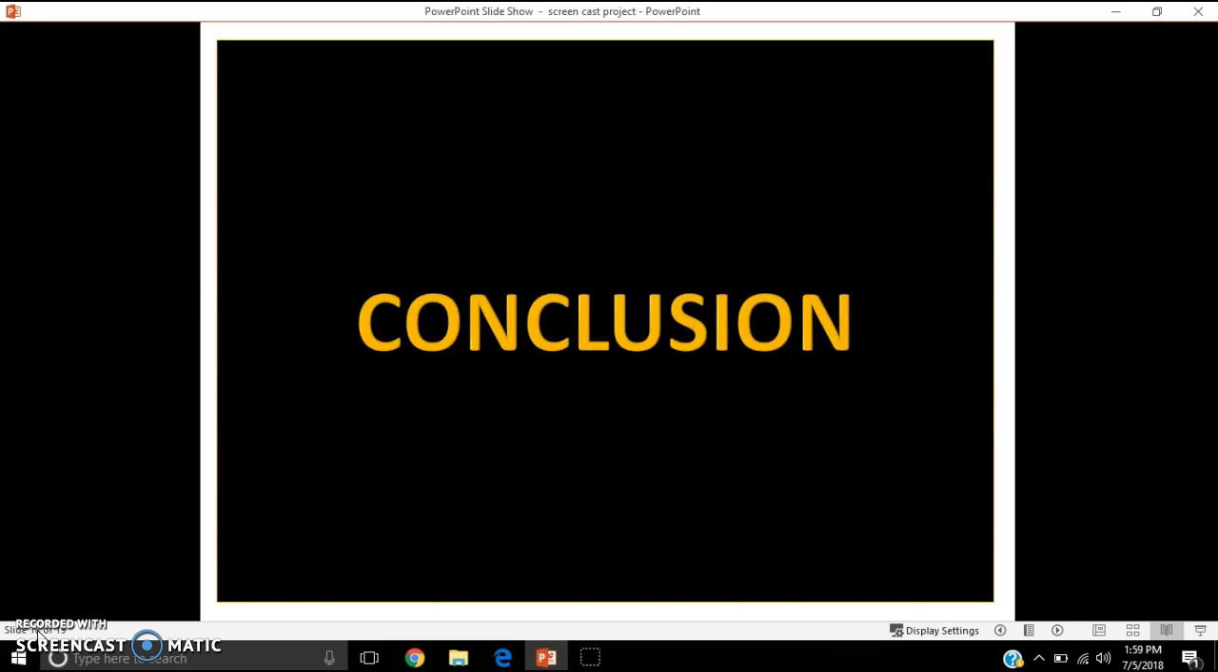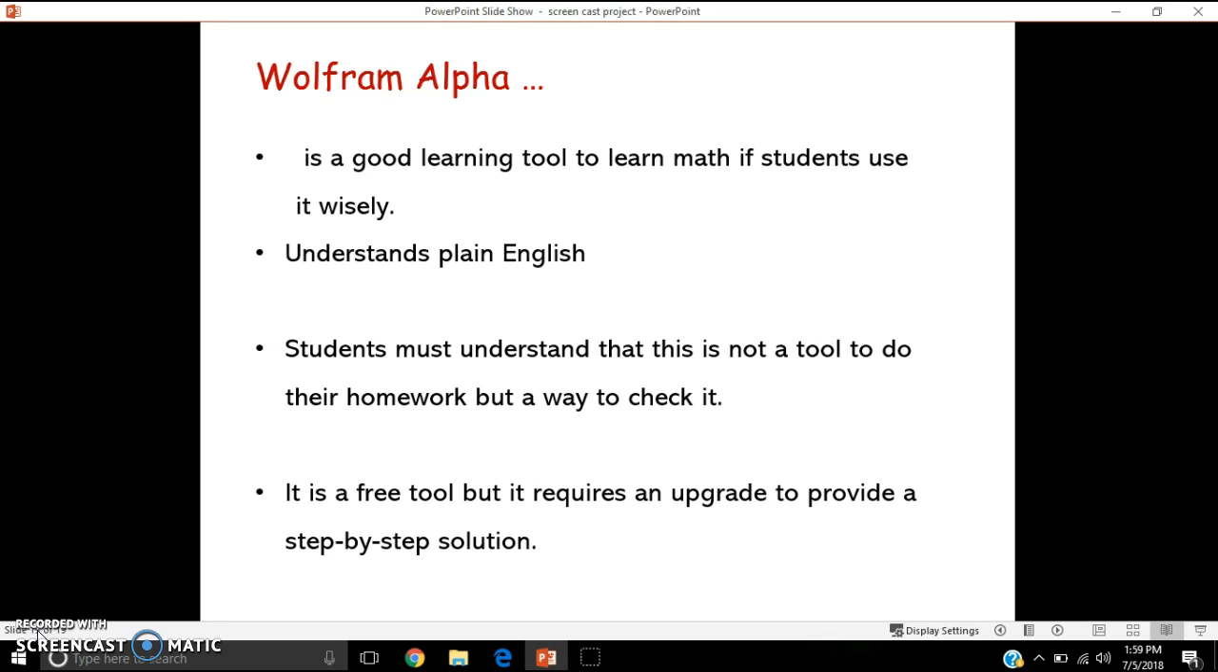To conclude, I'm going to talk about what I liked about Wolfram Alpha and what I think about it. So Wolfram Alpha is one of the best learning tools that I discovered. If students use it wisely, they must understand that it's not a tool to do their homework, but it's a way to check it. I also like that Wolfram understands plain English, so anybody can simply use it. And I really recommend to get the Pro